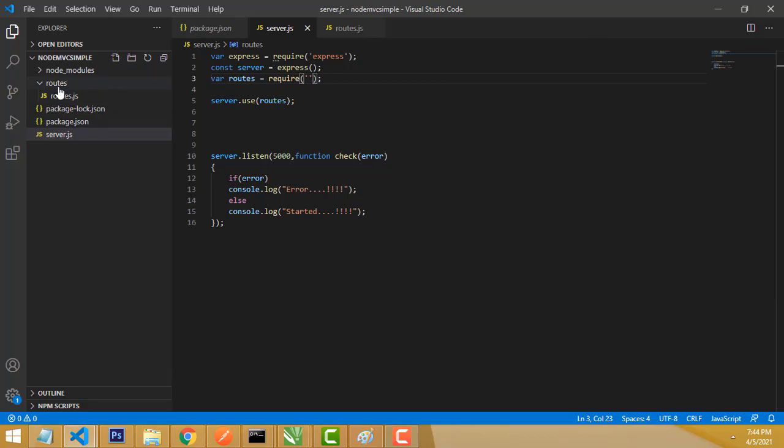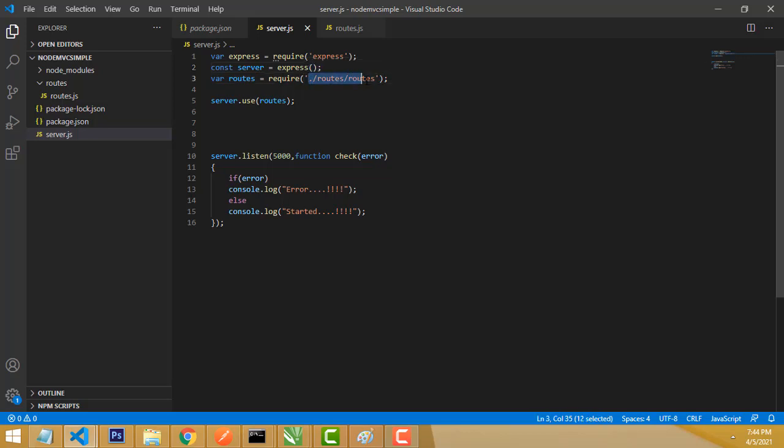How to get the routes folder: this is the current server, go to the routes, this is the current one, inside the routes folder we have a JS file called routes. Okay, this is how we have to get the URL.